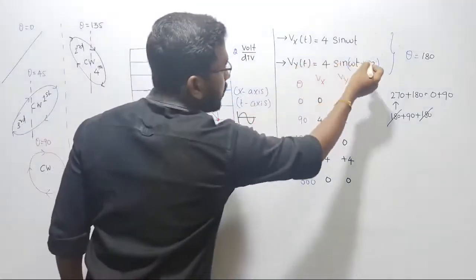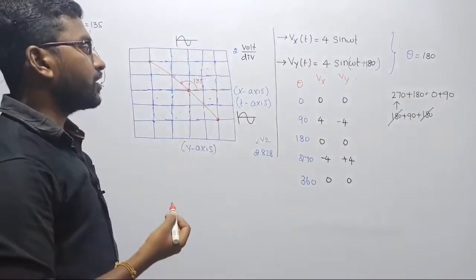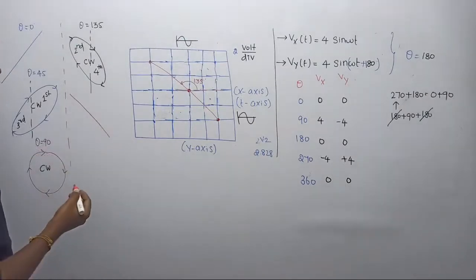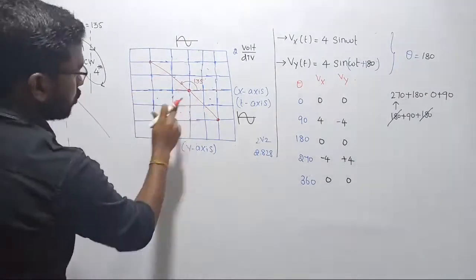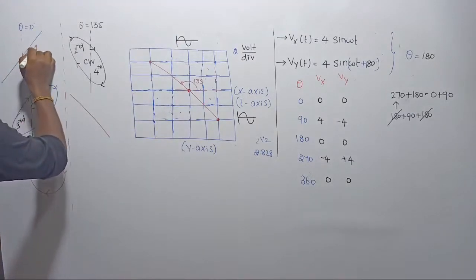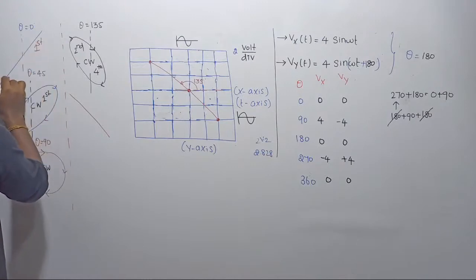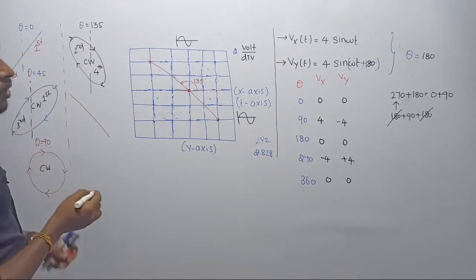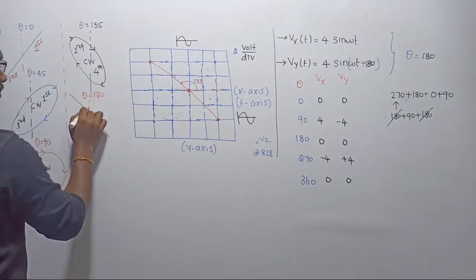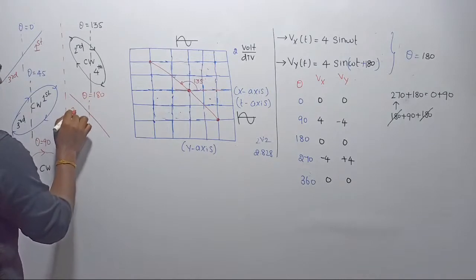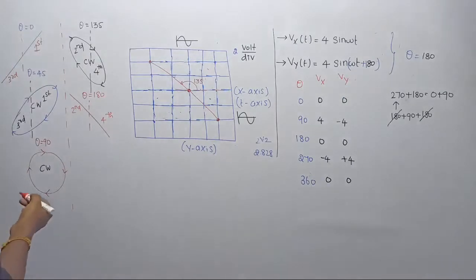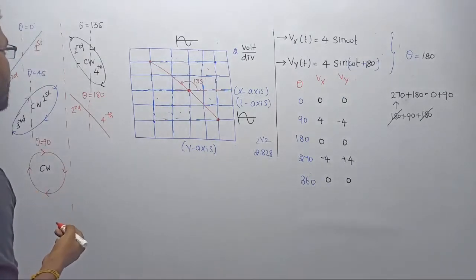At which angle are we getting this straight line? When theta is going to be 180 degree, when the phase angle displacement between the waveforms is going to be 180 degree, again we are going to get a straight line. But that straight line lies in the second and fourth quadrant. Listen, at theta equal to 0 also we got a straight line, but it lies in the first and third quadrant. At theta equal to 180 degree, this straight line will be placed in the second and fourth quadrant. Clear? Yeah. So that is what we are getting at theta equal to 180 degree.